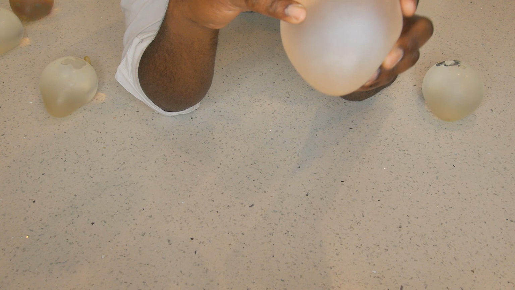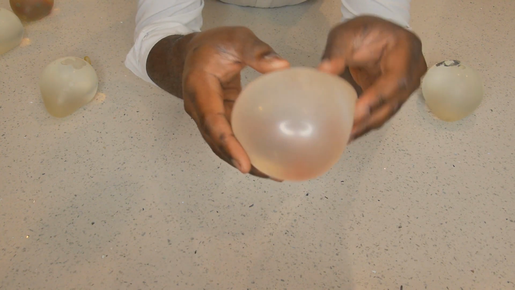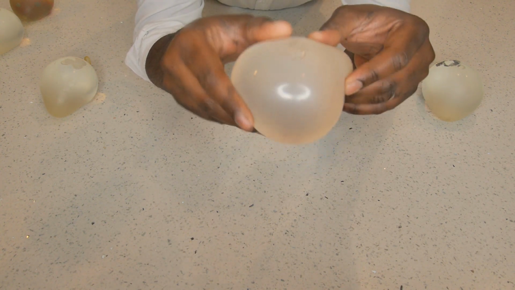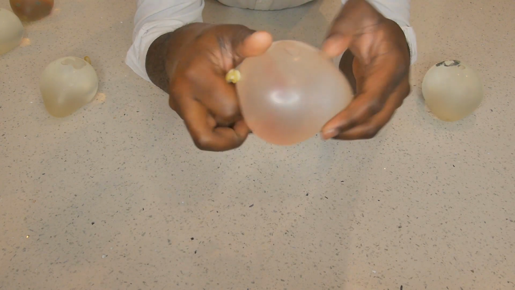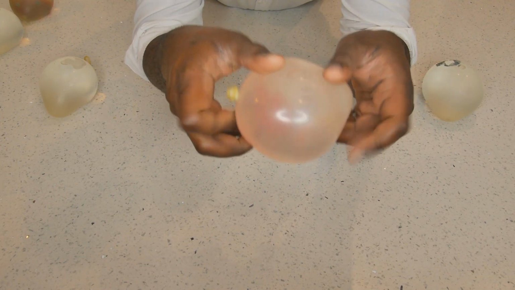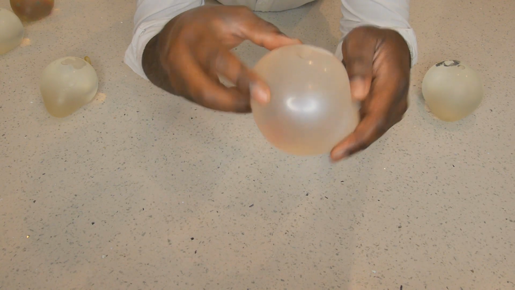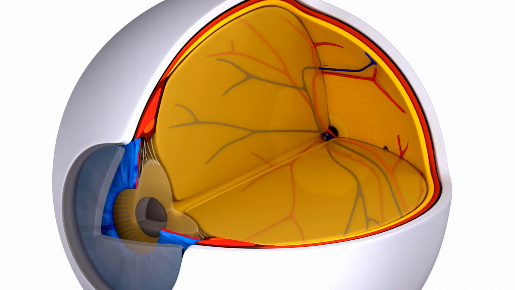Well, there can be, as I said, a range of situations where you may get a bleed. One of the most common situations that might lead to a bleed in the eye is when the blood vessels that come into the eye, the central retinal artery and the central retinal vein, either one of those may get blocked, and it may get blocked up along the main route or along one of the branches within the eye. And when that happens, you may get a total kind of blowout of that blood vessel, and lots of blood can enter into the jelly in your eye. And this is often described as being a stroke in the eye.